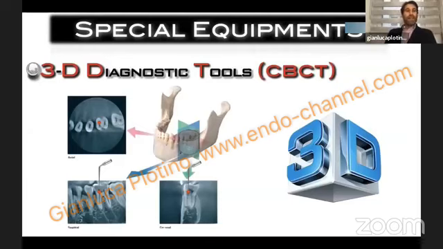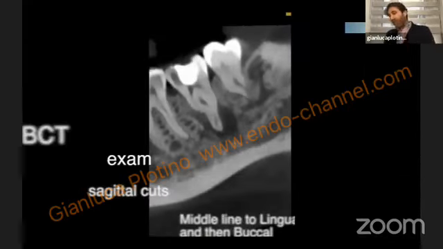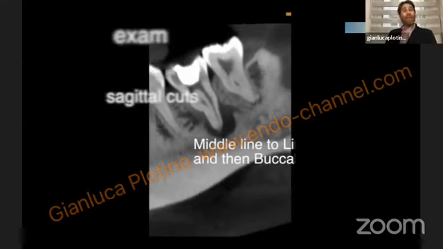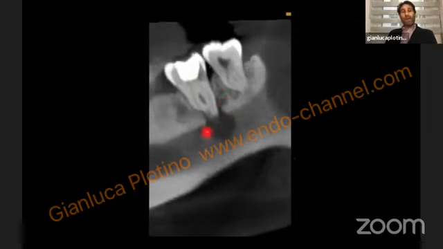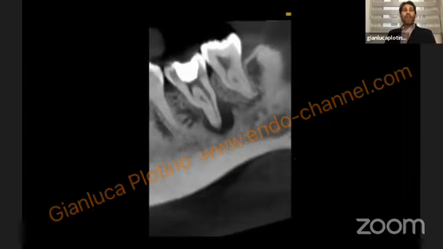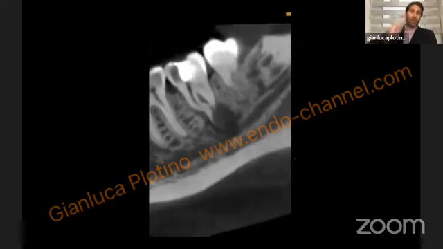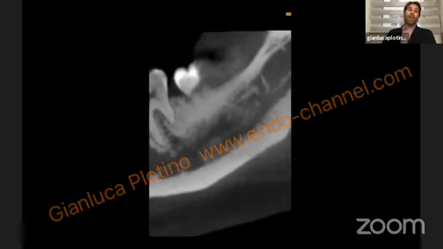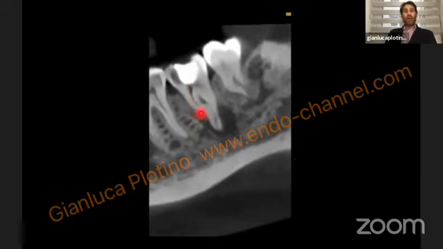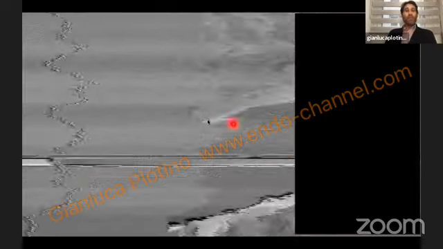Another special equipment needed probably is a three-dimensional diagnostic tool like the CBCT. CBCT is very important in such difficult cases, or if we want to plan a minimal invasive case, because CBCT permits us to visualize three-dimensionally the root canal anatomy. So in the 3 different planes of the space, the relationship between the tooth and the lesion to the surrounding structure, for example, in this case with the mandibular canal. But above all, we can plan where the canals are placed, how many root canals we have, which are the inclination of the orifice, which are the curvatures that we have.